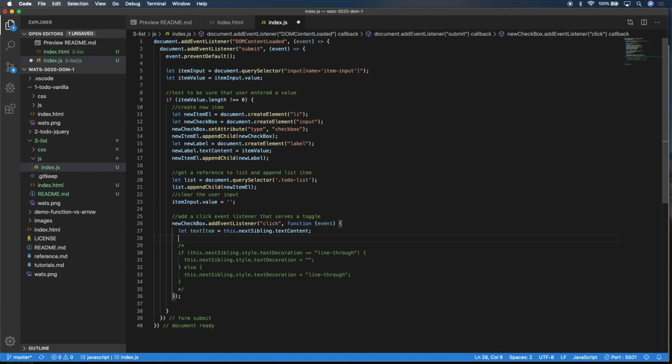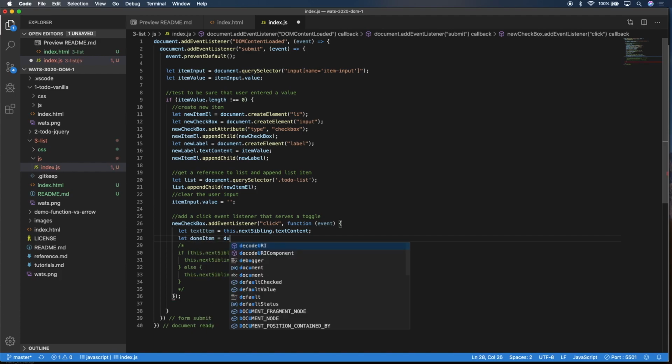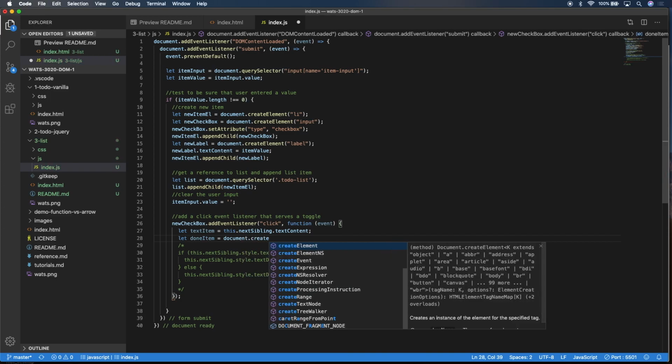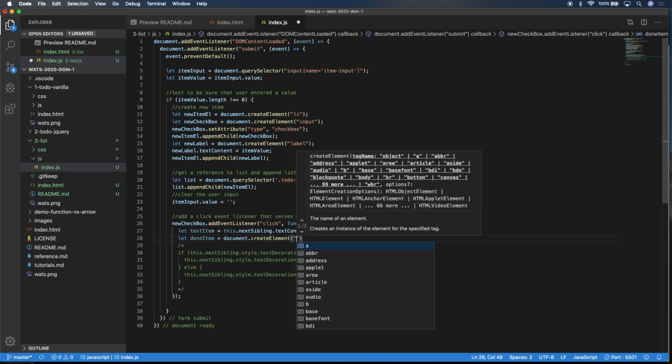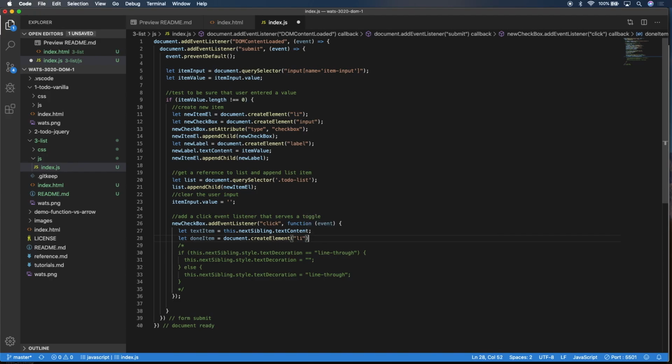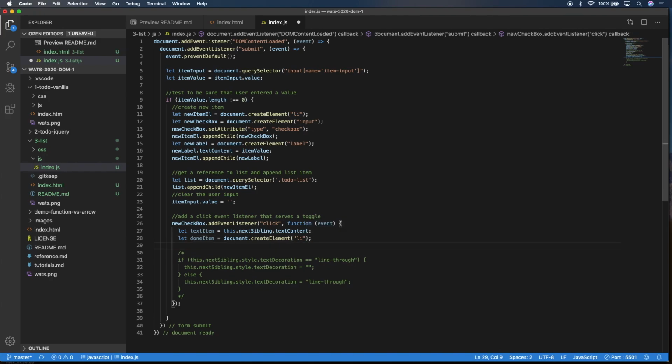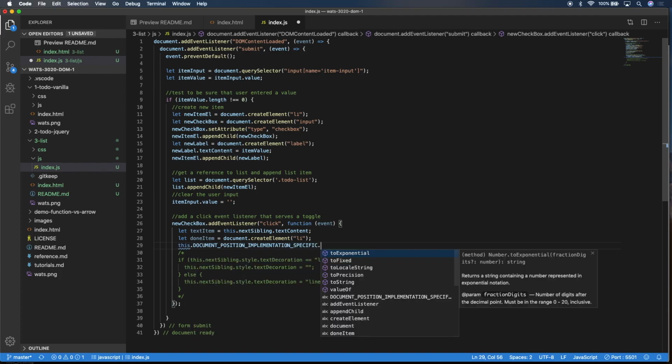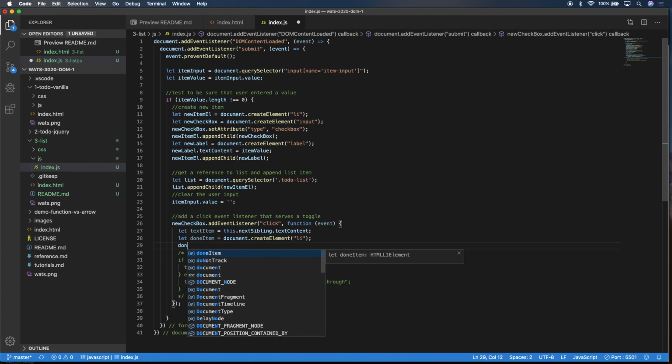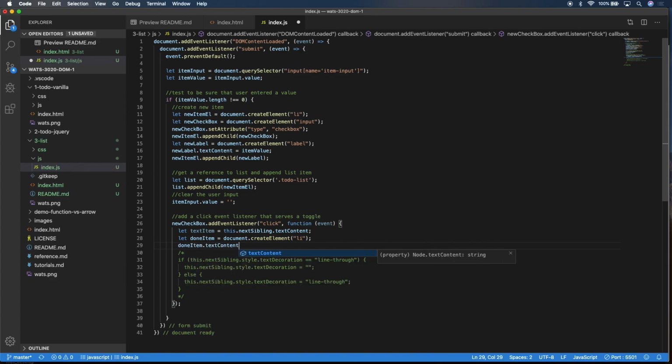So we'll do let done item equal document dot create element li. And we'll say done item dot text. Ooh, that was not right. Done item dot text content equals text item,